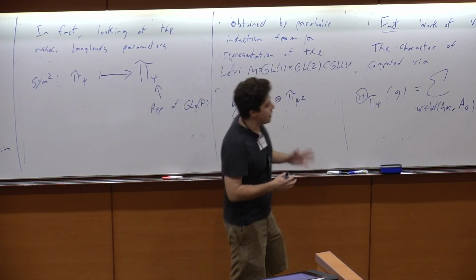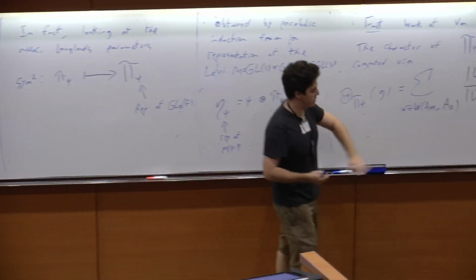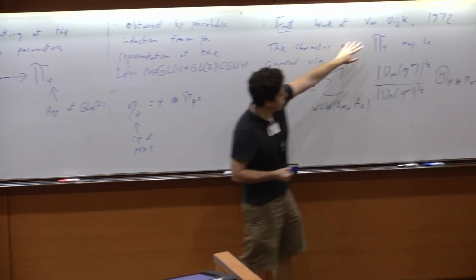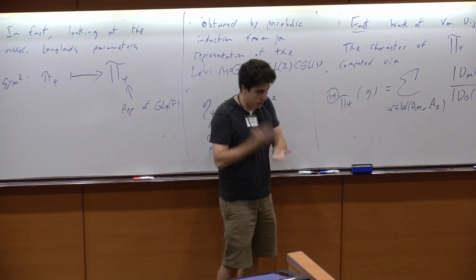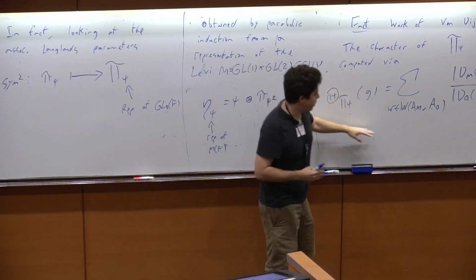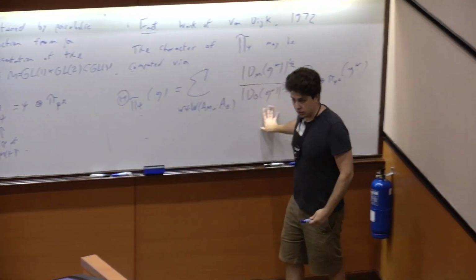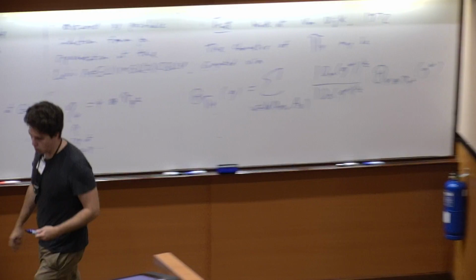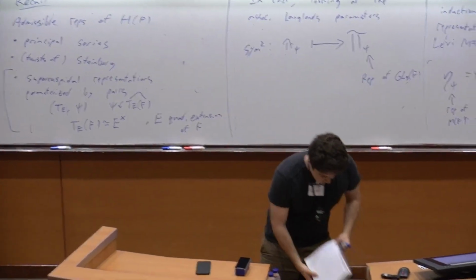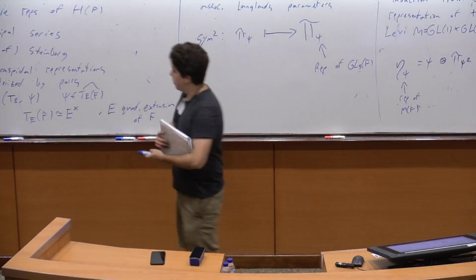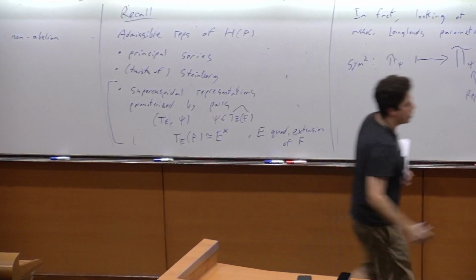So now that we actually have character formulas for supercuspidal representations, we can go back and use this work of Van Dyck to explicitly compute the characters of these admissible representations. Okay, so in my remaining minutes, let me say something about how this computation goes in this particular case. And note moreover